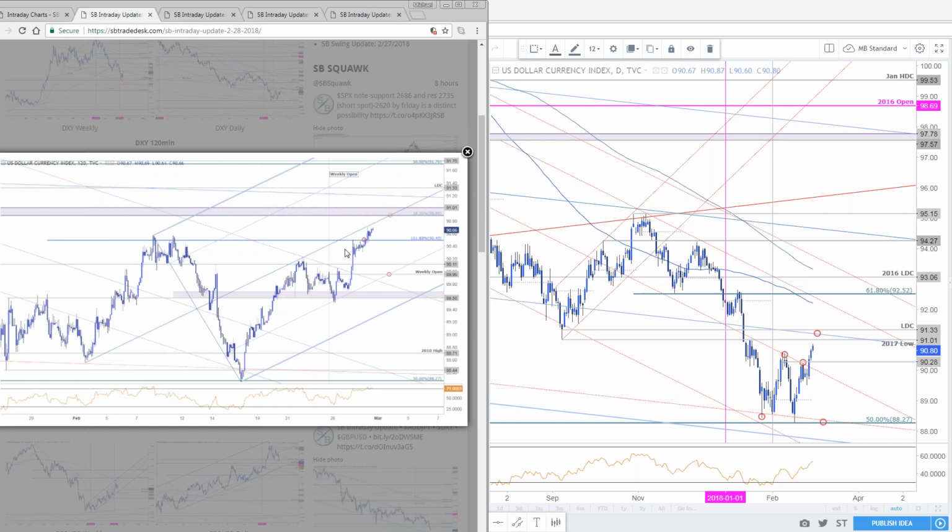You have the median line in there at this point for this near-term slope. Remember, we talked about this yesterday. This is the 618 line of that slope, and it converges on the weekly open. That's now your new near-term bullish invalidation, 89.96. A break below that is really what would be needed to shift the focus lower. But as it stood last night, I was still looking for a stretch higher.